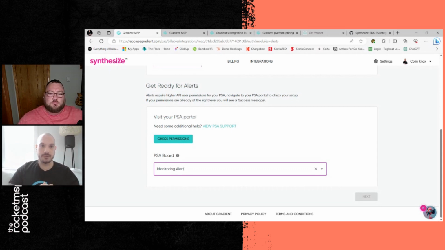in your PSA. Now, when I say we're building on this, we're also creating and building rules and logic around, and it's a lot around suppression. Don't necessarily create a ticket unless this alert has been sent to us 5 times in the last hour. Then create a ticket. If you've already created a ticket for something, don't create 5 more tickets every time that's happened. Maybe append it to the service ticket that already exists.